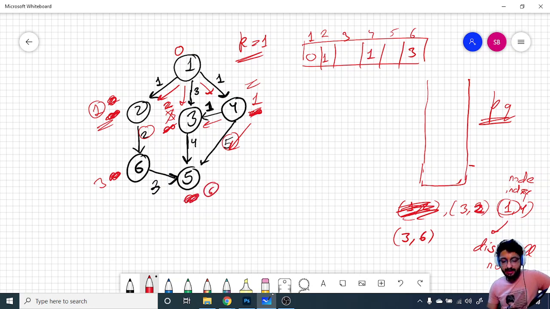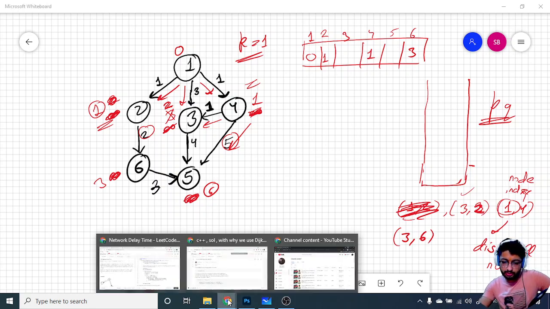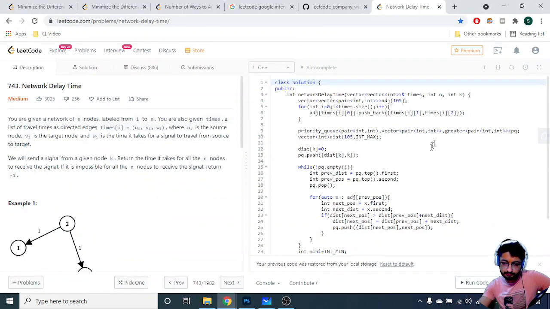Okay, that's how we are running Dijkstra's algorithm. We take out the node with the smallest distance and iterate over all its neighbors, because that distance is fixed; we cannot do better than that. And we have to do this for all the nodes until the priority queue becomes empty. It will become empty when we have iterated over the whole graph. Okay, so that's how the logic works here. We'll go through the code part and make it more clear.